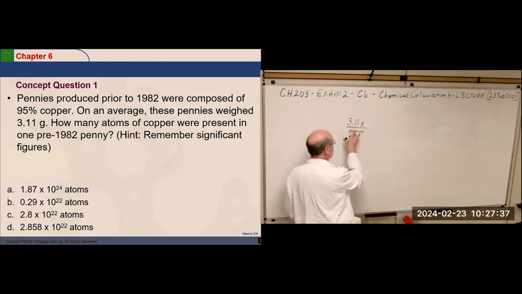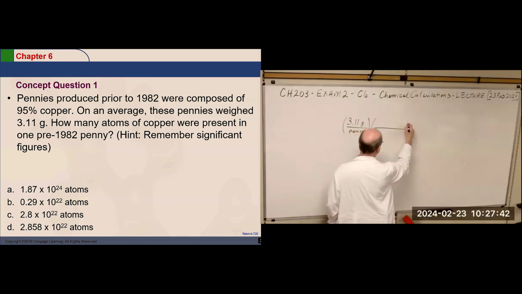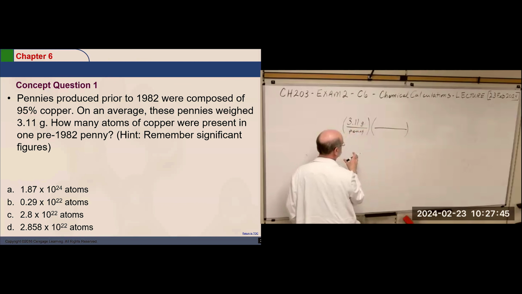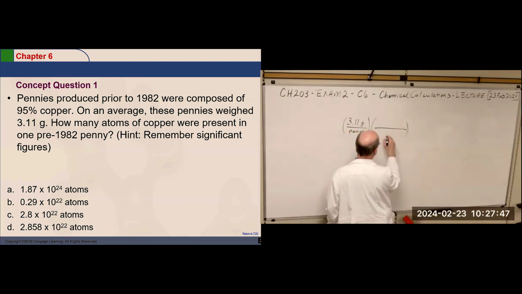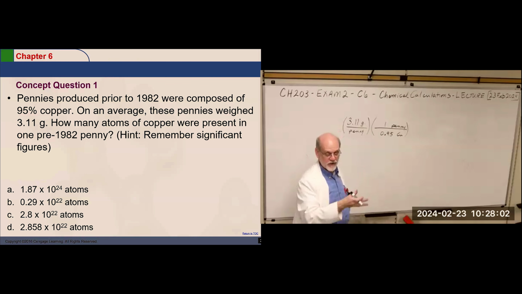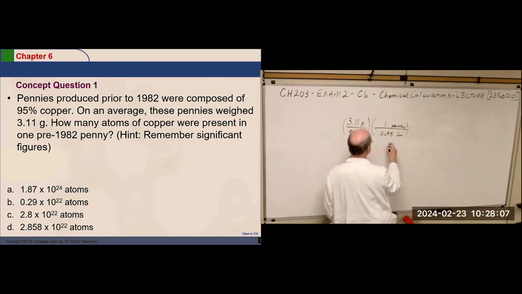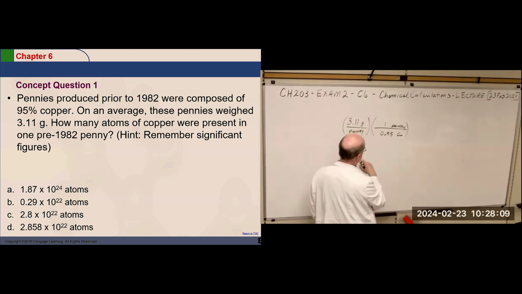So if that's the mass of the penny, and we need the amount of copper. Right. So the copper is going to be 0.95 copper for every 1 penny. Right. That's a fractional equivalent to percent, 0.95. We'll cancel pennies, and this gives us, actually,